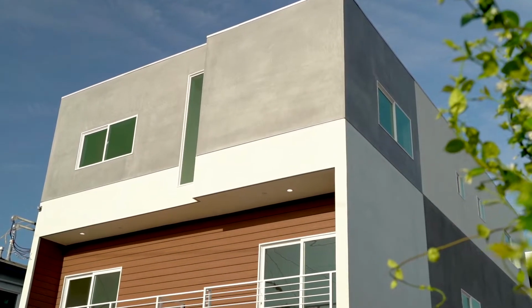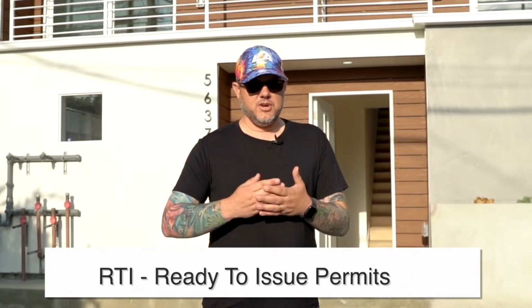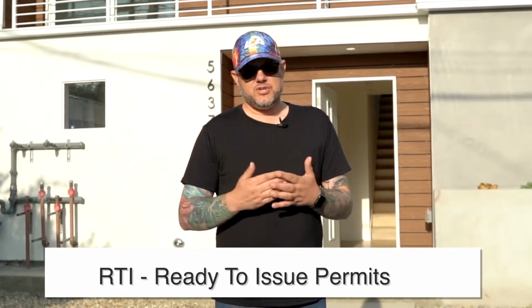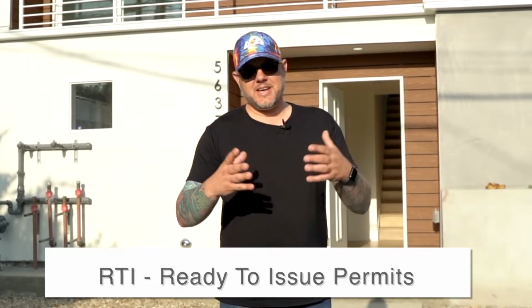Okay, so let's start on the outside. On the outside, I want to talk about the design finishes and features. When we bought this property, it was purchased as an RTI deal. RTI just basically means ready to issue permits. So essentially we bought the plans and the property as a whole, and then we took it from there and